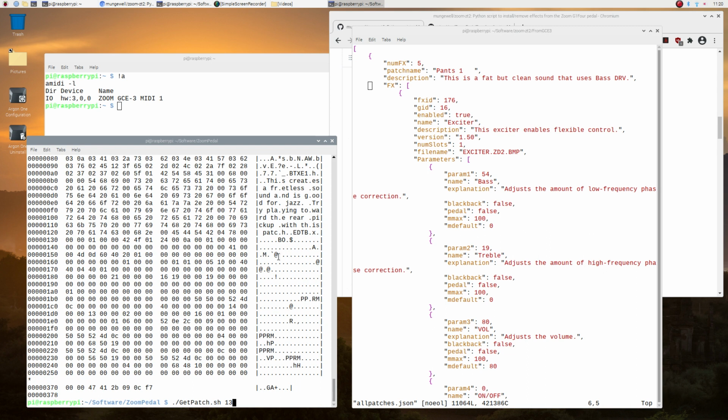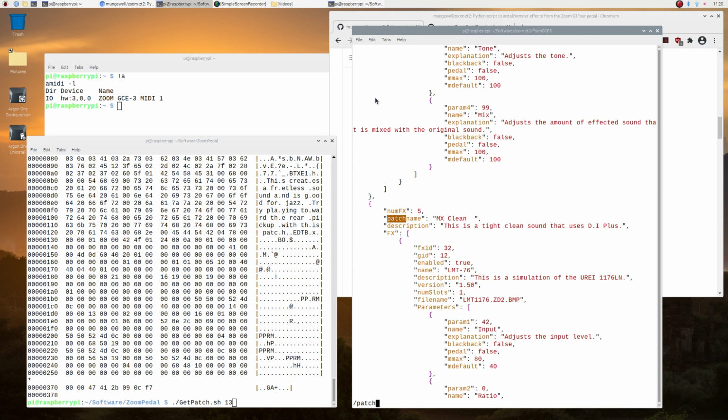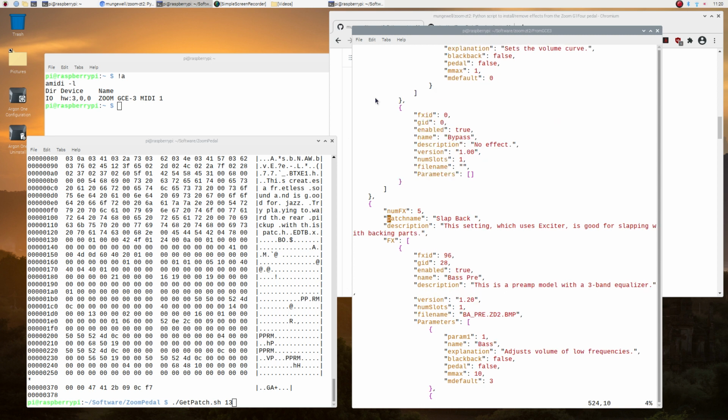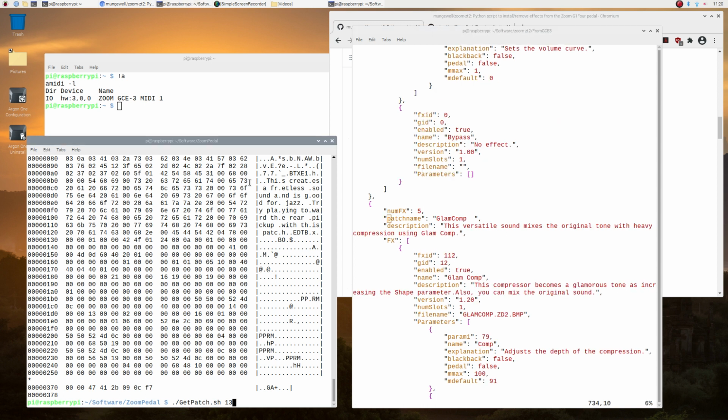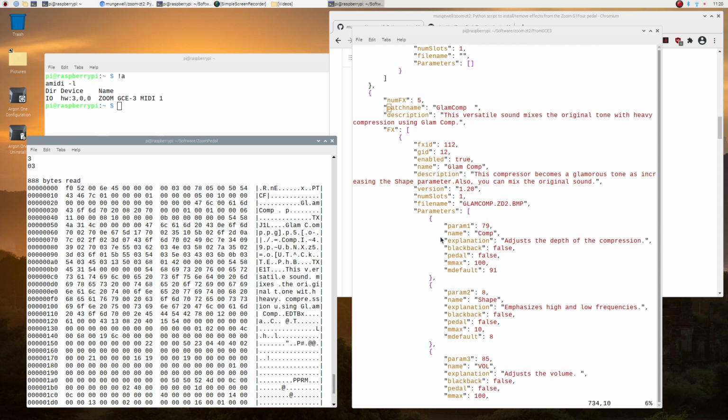Oh, we can find it here actually, look. So let's find patch name. So 10 is pants, 11 is MX clean, 12 is slapback, 13 is glam comp. So this should be glam comp. Yeah. So it's all working fine.